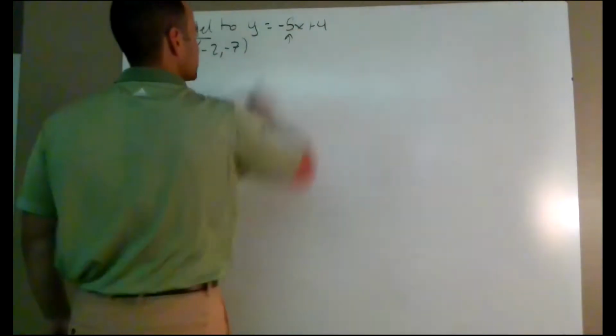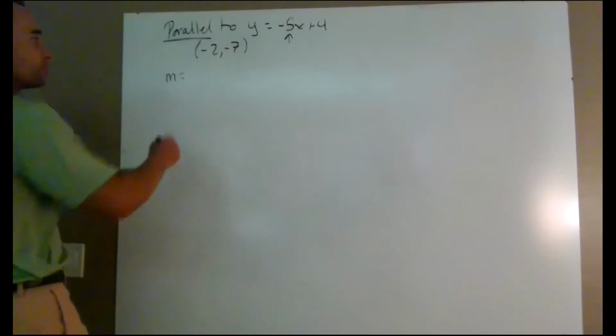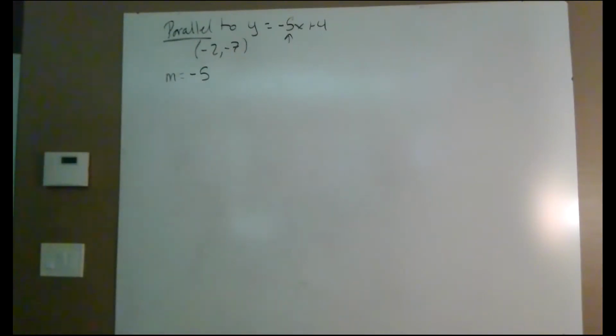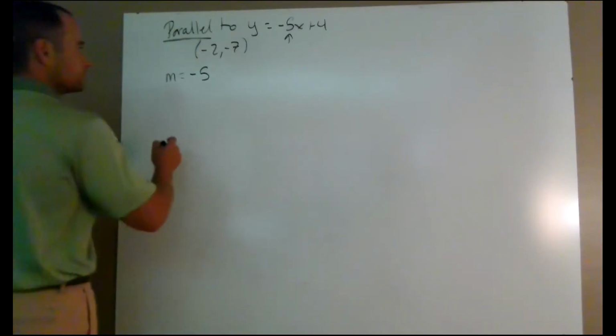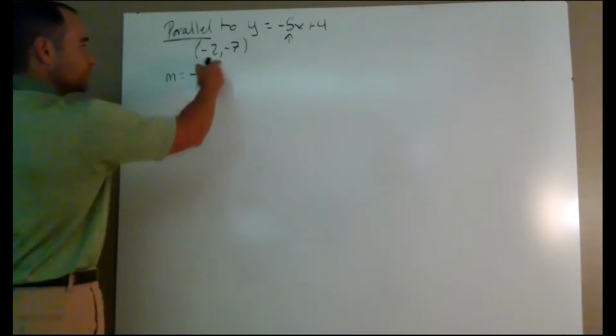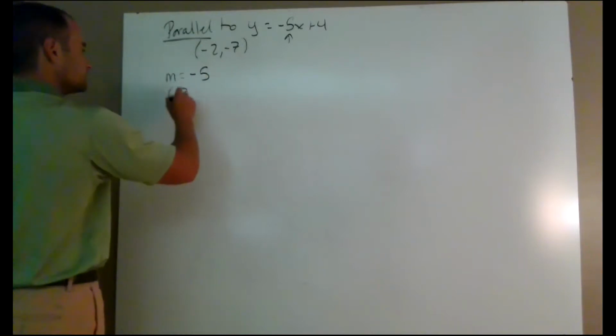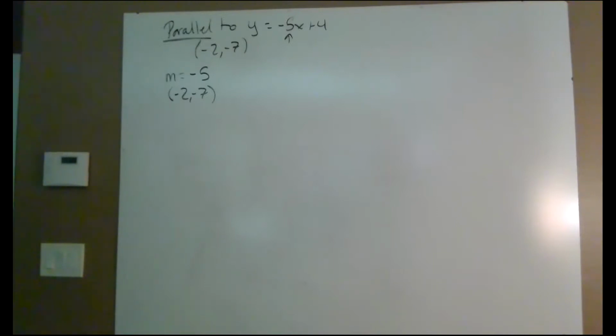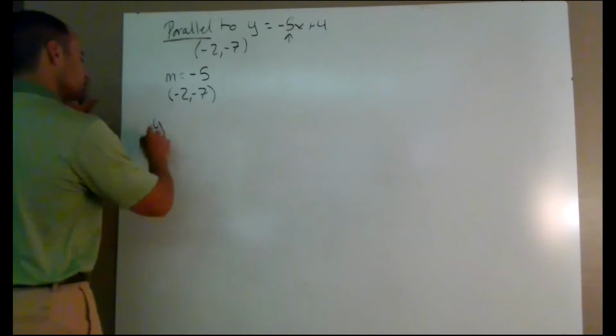So I take a look at this equation right here. The slope is negative 5. So that parallel line will also have the same slope, m is equal to negative 5. I know it goes through the point negative 2, negative 7. So it has a slope that I know and a point that I know,